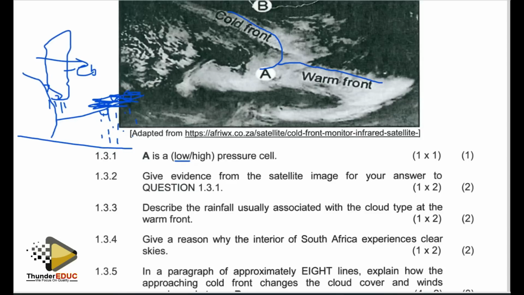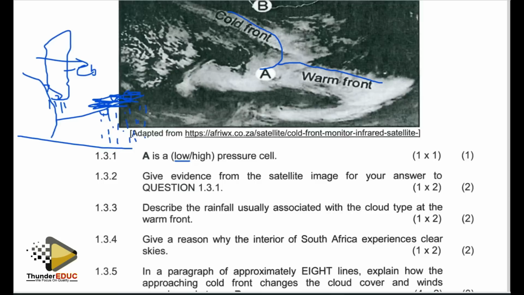Why does it last? It is because this warm front moves gradually, and this cold front is the one that moves faster. So it means clouds will form gradually and will produce rainfall gradually as they are pushed by the coming cold front. And this area will keep on receiving moderate to light rainfall for prolonged periods until the coming of the cold front, which will completely displace the warm and moist air. So for the correct response there, we should highlight that the rainfall is light to moderate, covers a wide area, and is for a prolonged period.